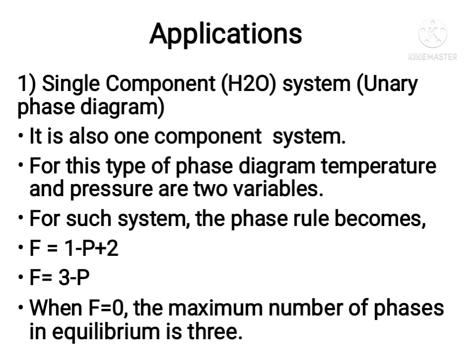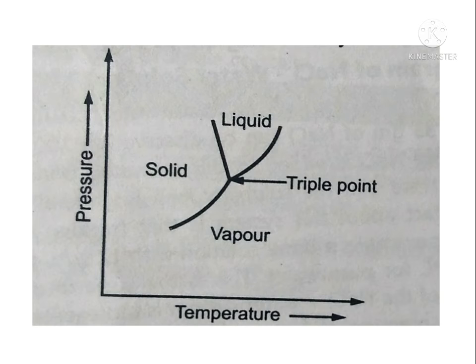For such a system, the Gibbs phase rule becomes capital F is equal to 1 minus P plus 2, which is equal to F is equal to 3 minus P. From the equation, we can say that when F is equal to 0, the maximum number of phases in equilibrium is 3. Let us consider unary phase diagram for single component, that is water in 3 phases: solid, liquid and